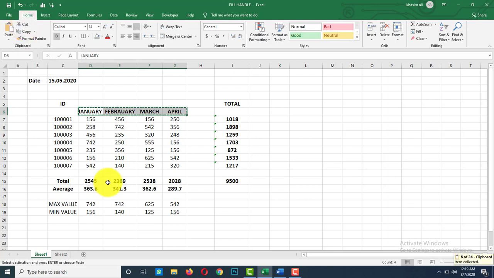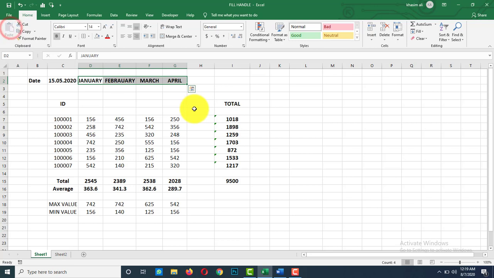Now, click in the area of the document where you want to paste your text. For example, I am going to paste here. Now, again go to the Clipboard group and click on the Paste option. See, the text is moved from here to here. This is the first method.